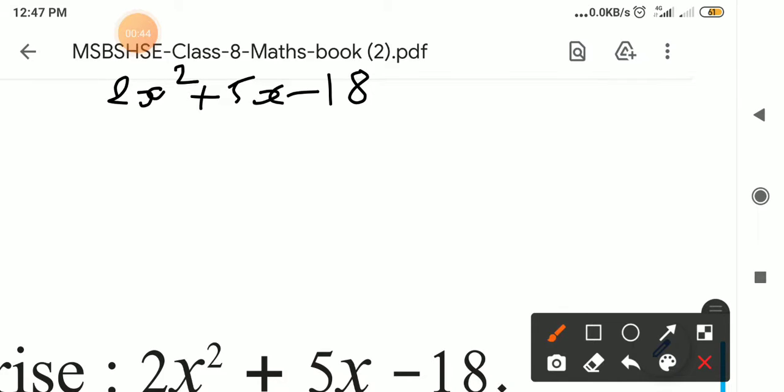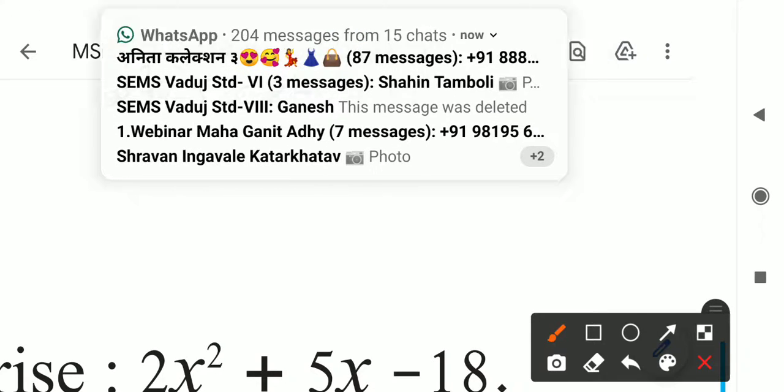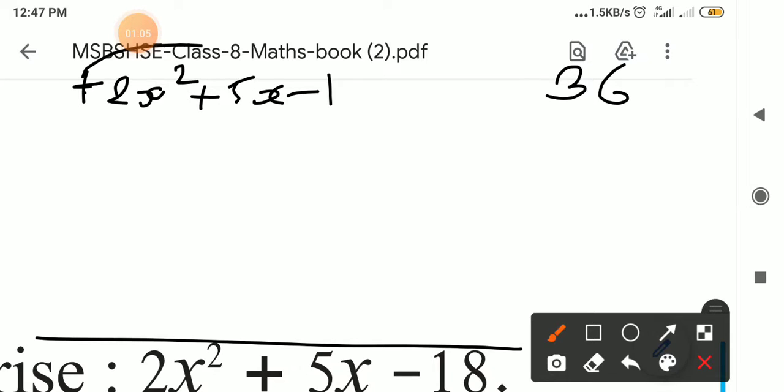As I told you before, we have to multiply the coefficient of x square and 18. So 2 times 18, its answer is 36. Okay, and 36 factors. I copied this question from here. So 36, and plus into minus. This is plus and that is minus. So plus into minus is minus 36. And for minus 36 we have to find factors for the plus 5, that is the x coefficient.